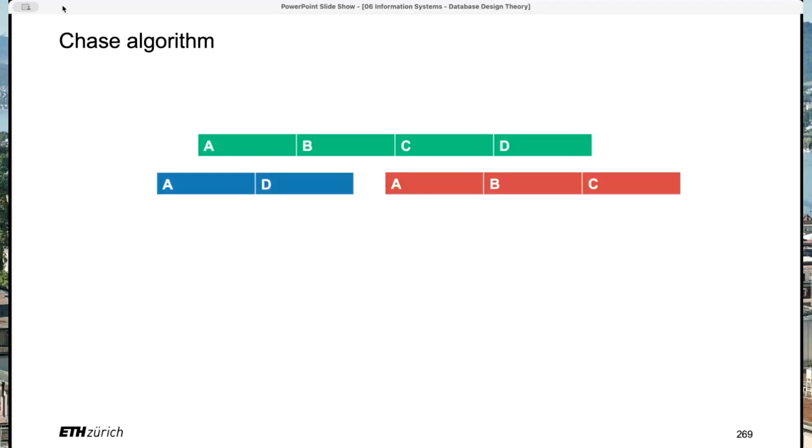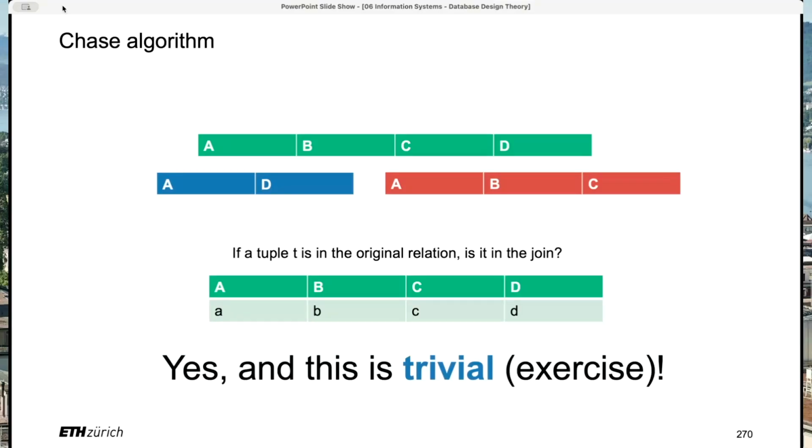And that's called the chase algorithm. It's one of the classics that we teach in computer science curricula. That's basically a test of whether or not the join gives you the original table back. And the way you ask whether or not the join corresponds is basically, you agree a table is a set